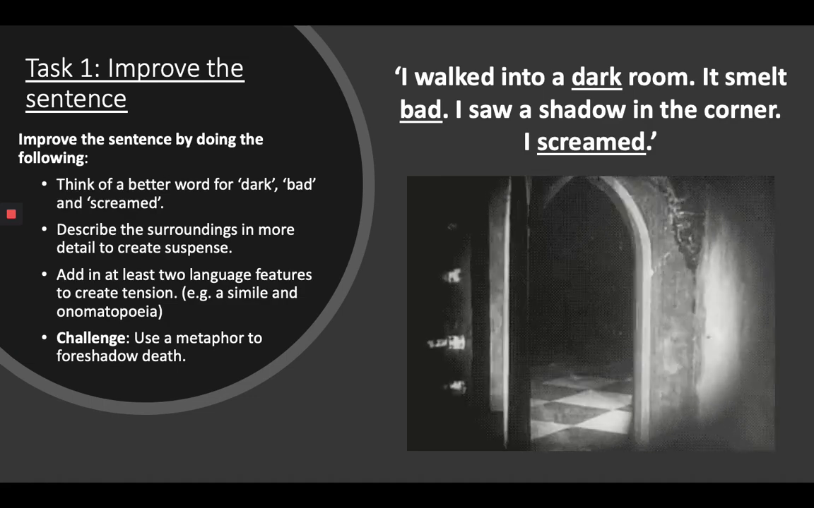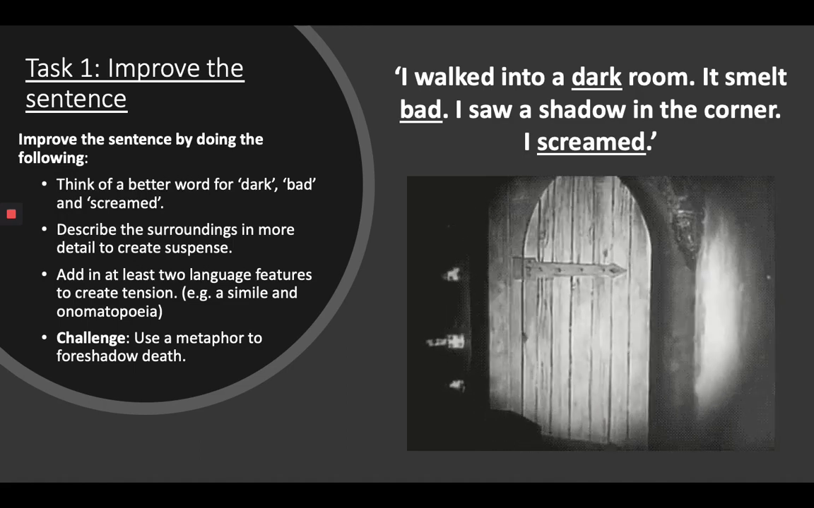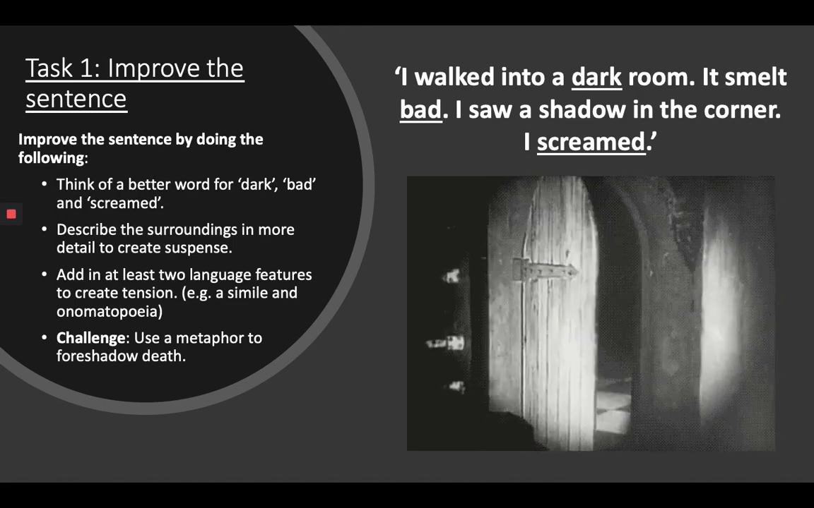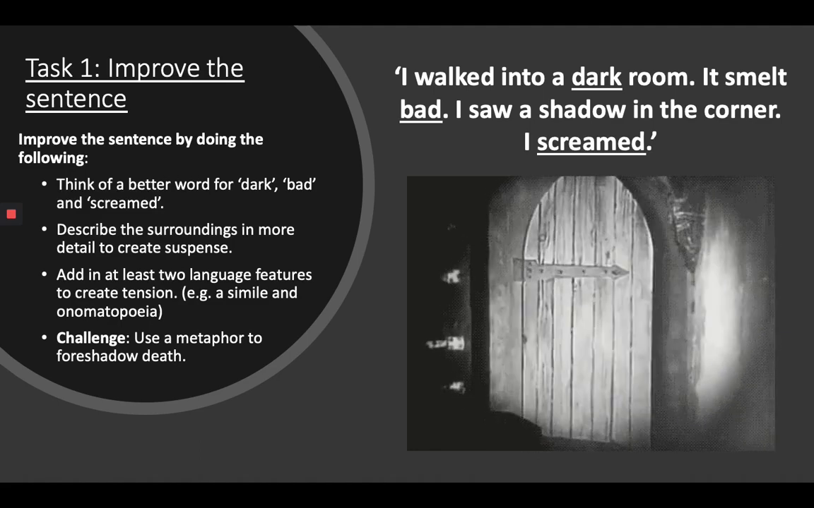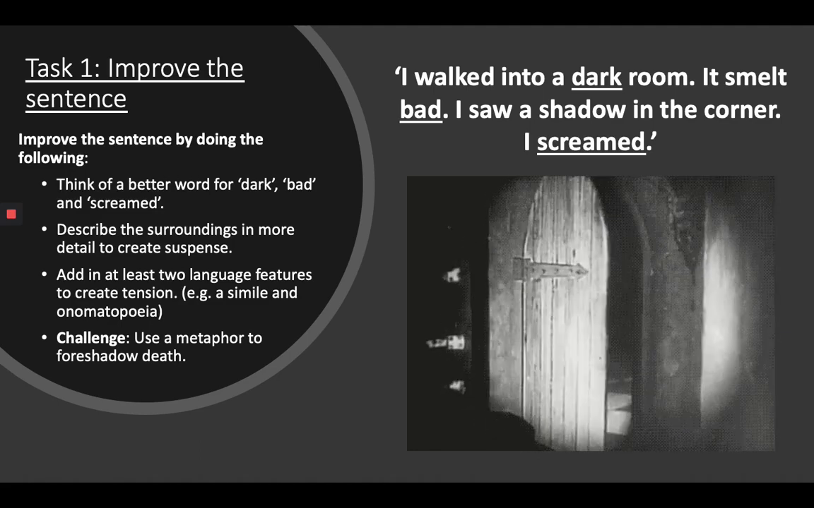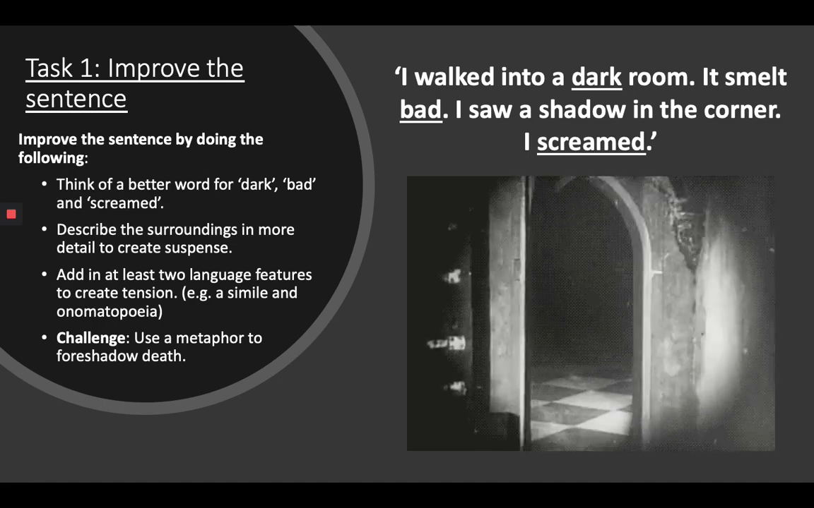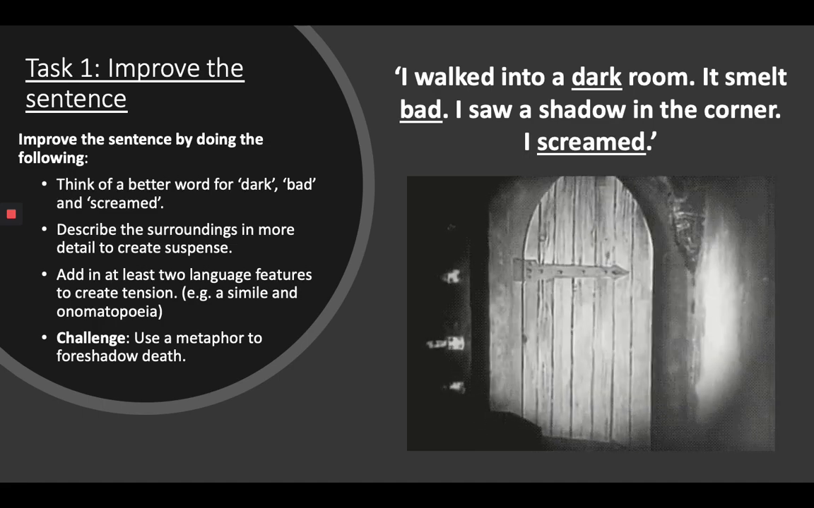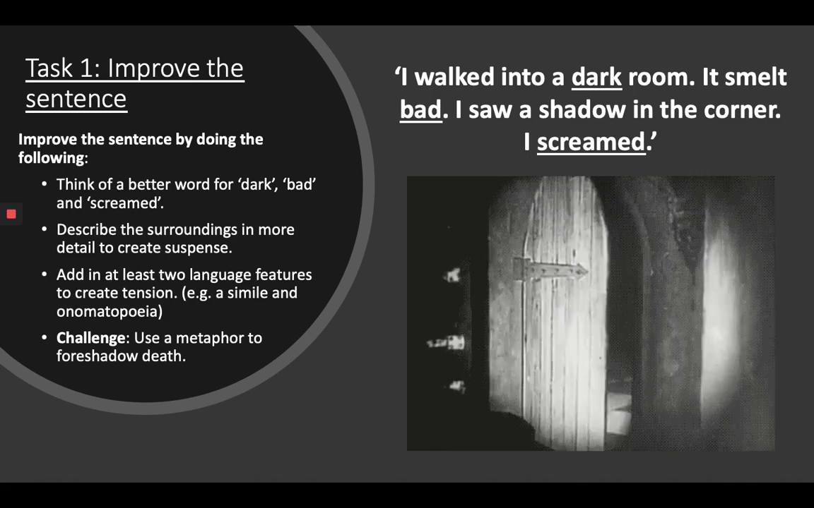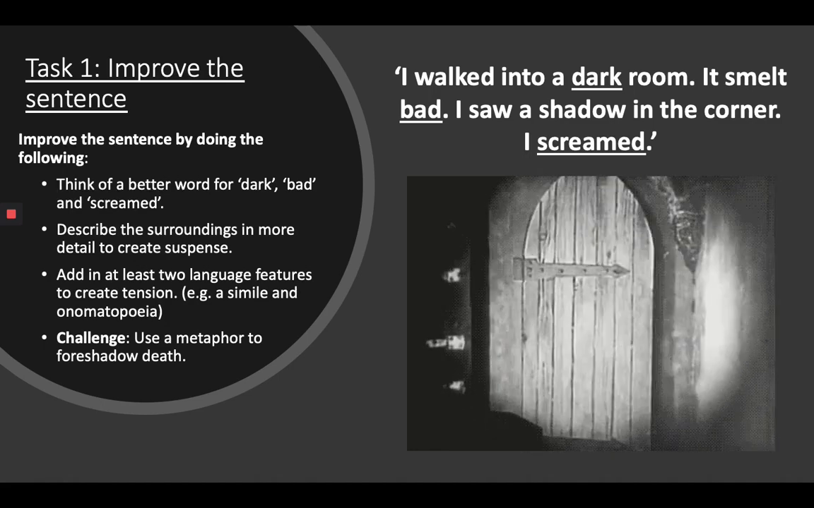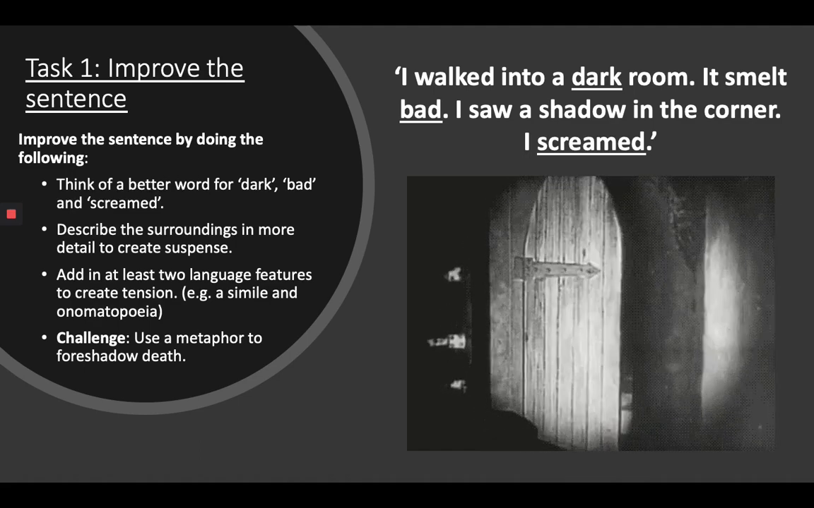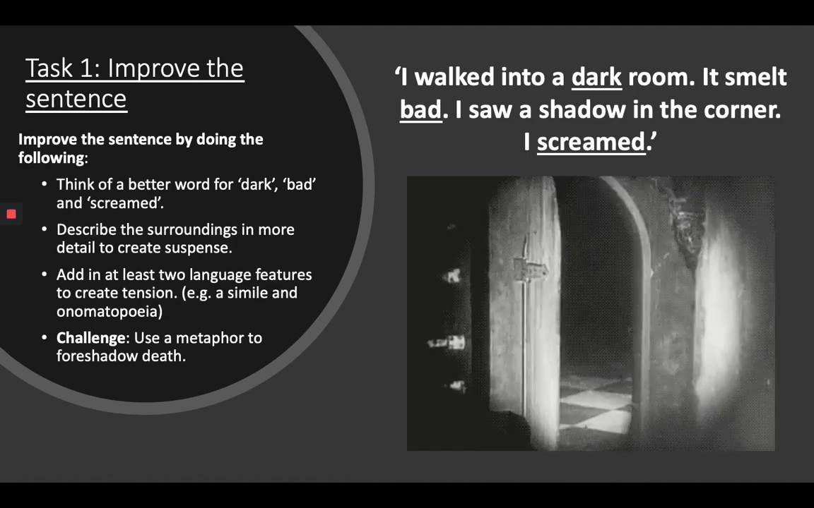So I want you to think of a better word for dark, bad and screamed. I want you to add a little bit more detail by describing the surroundings to create a little bit more suspense. So for example, you might want to describe the dark room in more detail. I then want you to try and add in at least 2 language features to create tension. So you might want to add a simile or an onomatopoeia in there